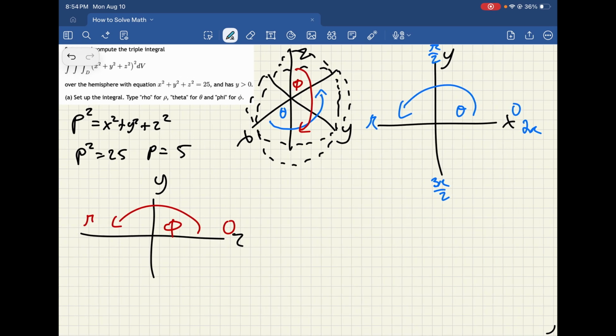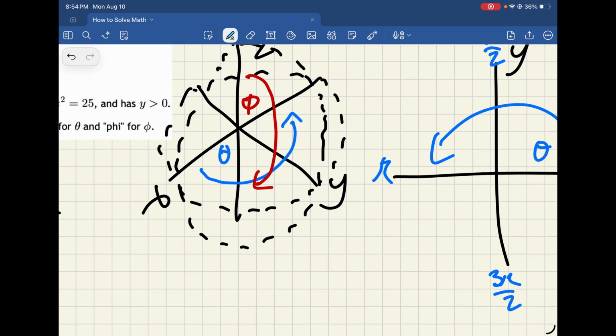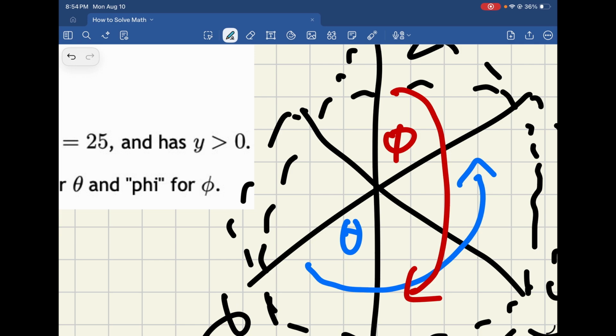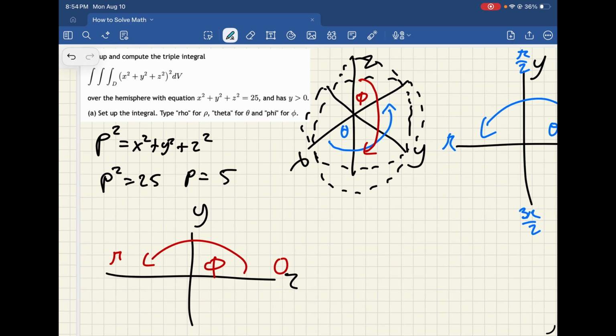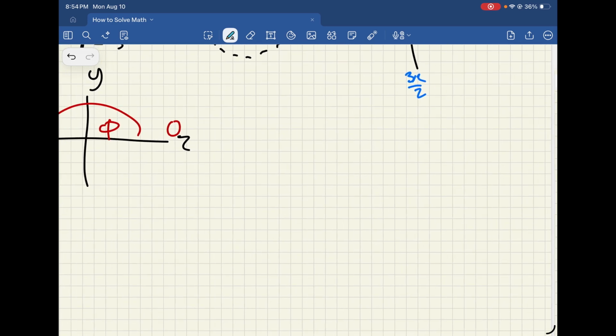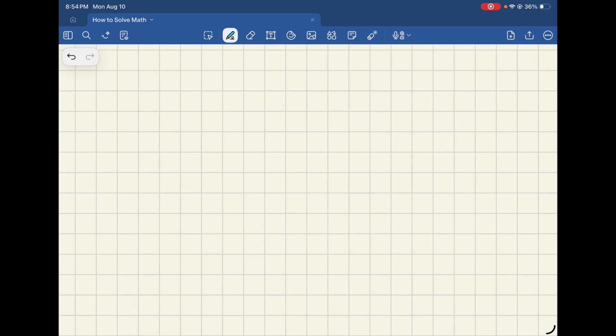And this is how you get your boundaries for rho, phi, and theta, just from recognizing what the problem is asking you, and from knowing this either from drawing it out or from knowing what y is greater than 0 entails. But let's say you wanted to solve for this algebraically. So let's write down